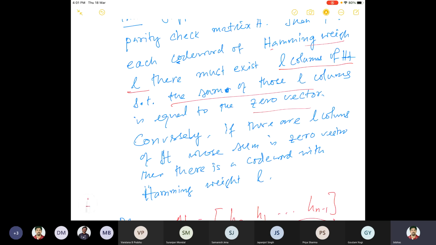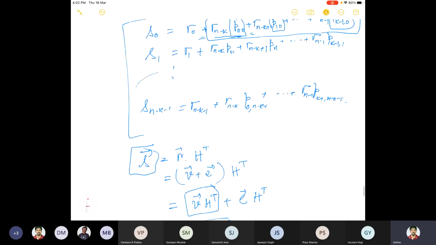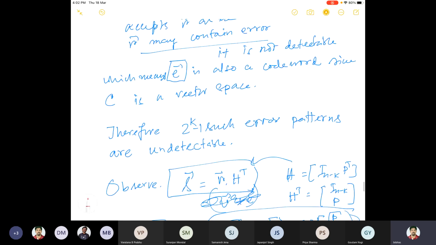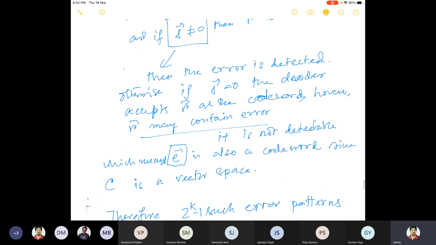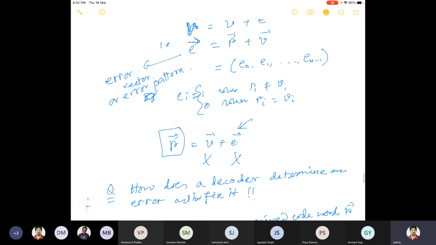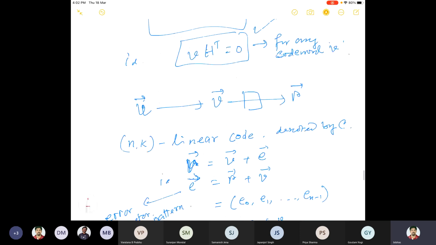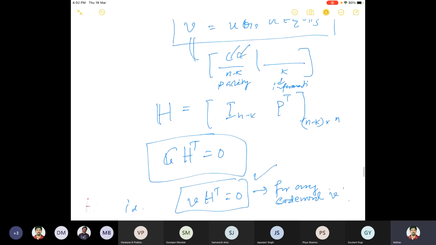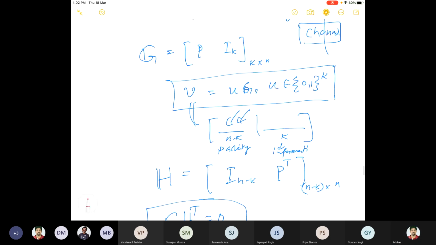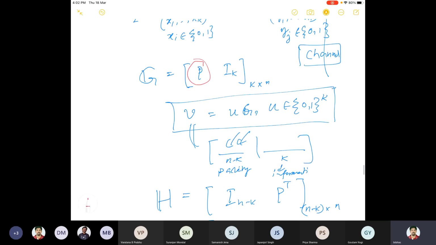Because I want to get a bound on how many errors this parity matrix can detect. H is in your hand. The way you define G, so what was G? G is nothing but this. So P is your, yeah, this was H, and accordingly you had this G, and G is in your hand. Actually, we'll also talk about some special linear codes where this P matrix is very, very special. So this is in your hand, and whatever way you want to design, you can design that. This is linear, it is not exponential.